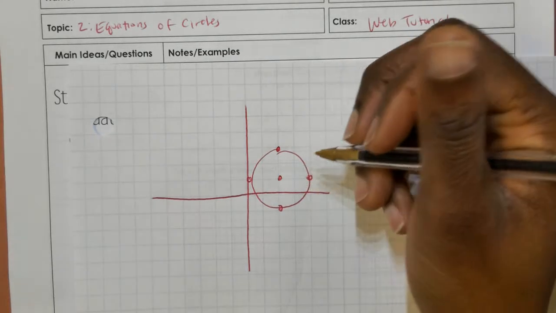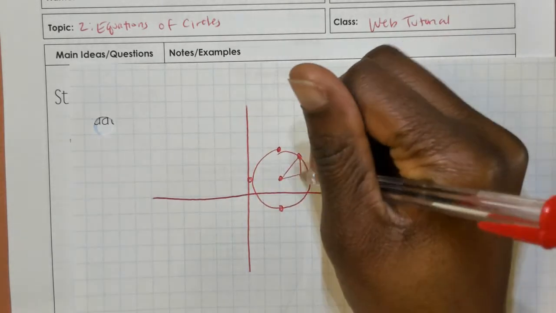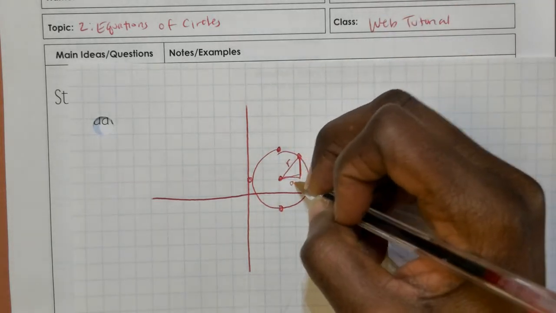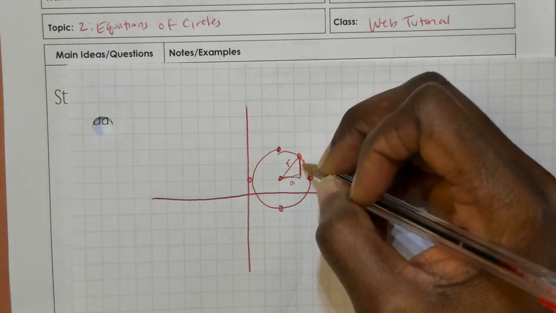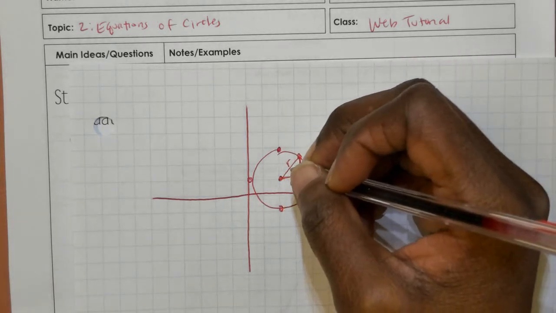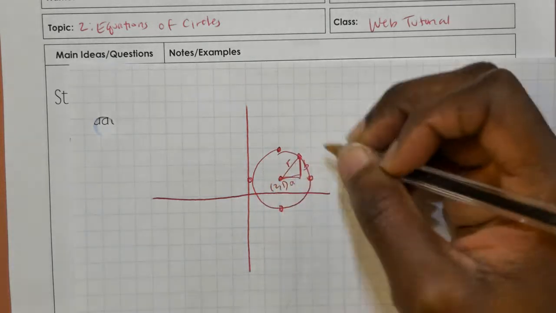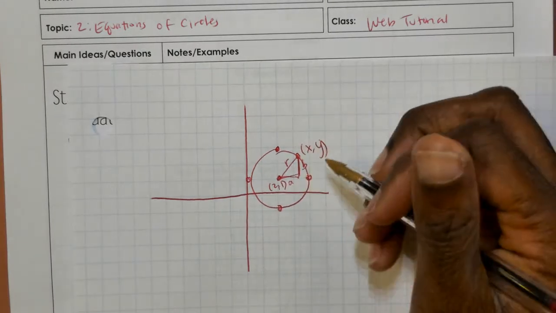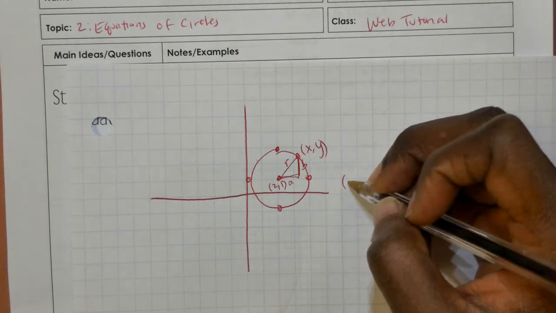So any point on the circle, if I wanted to figure out what the length of this was, this would be the radius, I make a triangle. A would be my distance horizontally between the 2 points. B would be my distance vertically between the 2 points. So if I know the center, the center is at 2, 1. I would do this point x, y, which could be any point on the circle. Even if it was over here, it'd still have a and b and then r. So I would do the Pythagorean Theorem,